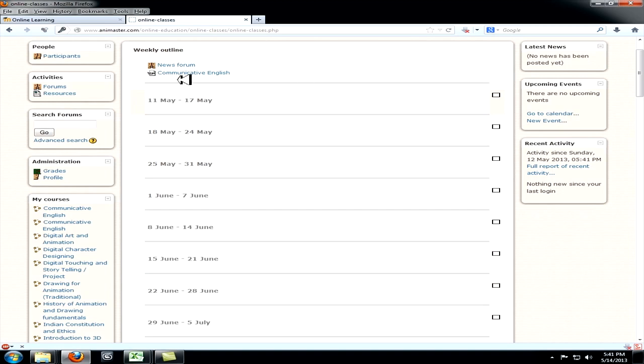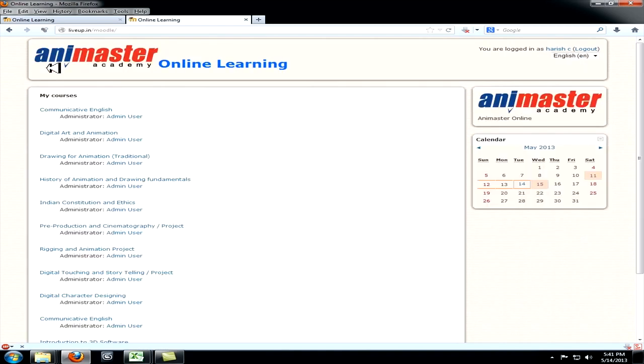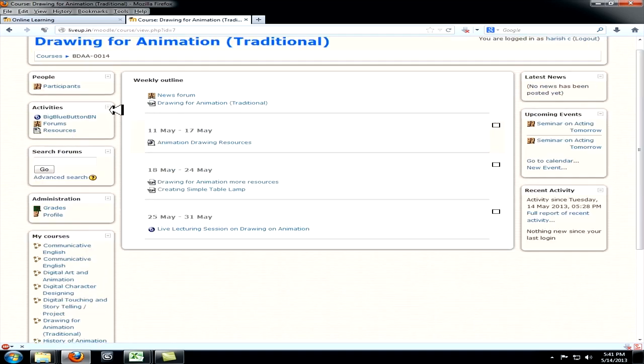You can see various schedules for the particular course. When you get inside one of the topics, you'll find various options in the sidebar.